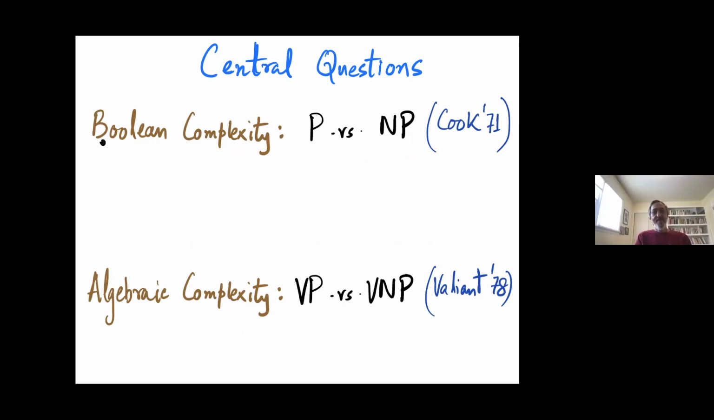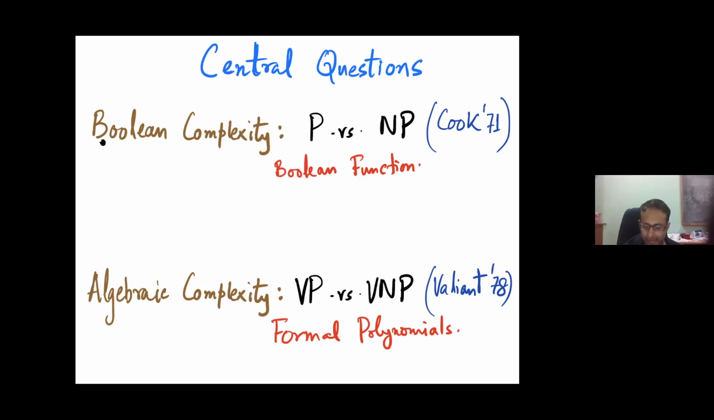So the two central questions that are sort of the defining questions. One is, of course, the famous P versus NP question from Boolean complexity raised by Cook back in 1971. And then we will also look at the algebraic analog of it called VP versus VNP, V for Valiant, and therefore was raised by Valiant in 1978. In both questions, there has been